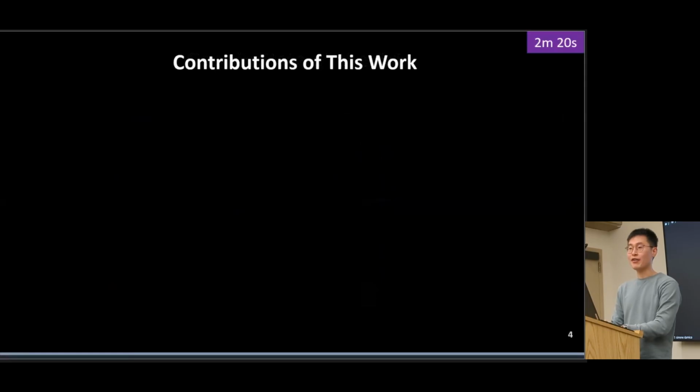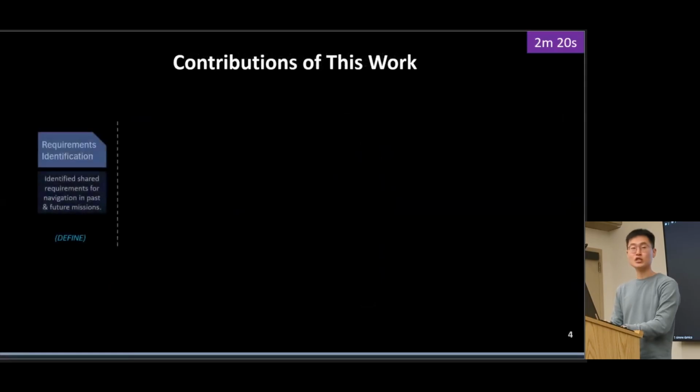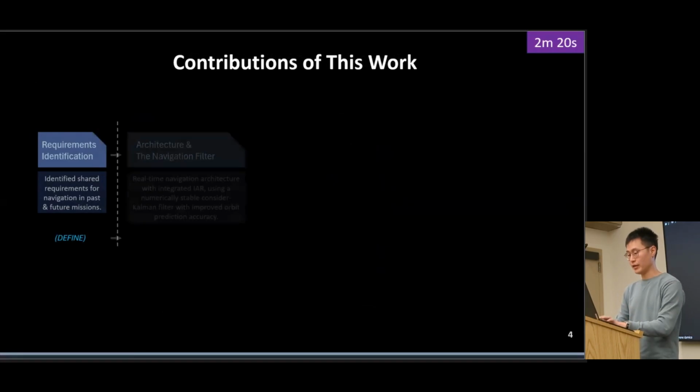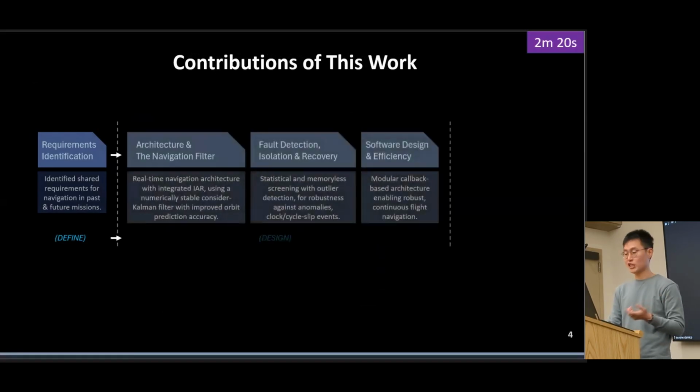This work makes 5 technical contributions. First, we perform a survey of contemporary missions using differential GNSS, and we propose a unified set of navigation requirements. This provides traceability and also anchors the design of our flight software. Within our flight software architecture, we propose a new numerically stable form of the consider common filter with improved orbit prediction accuracy. A fault detection, isolation, and recovery module is also developed in this work using a purely memoryless and